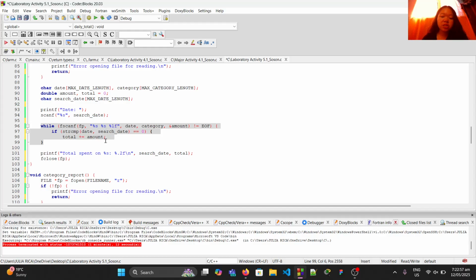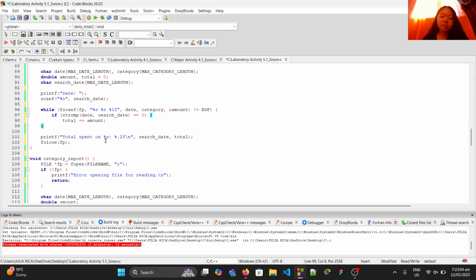This will then read each line and accumulate the total for the specified date. This here will add to the total if the date matches.